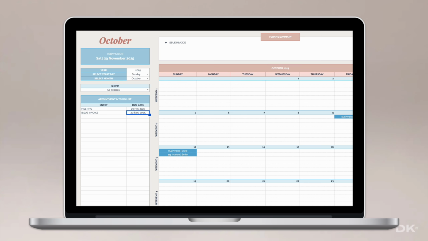Next is the calendar, a monthly planner for your invoices and tasks. Right above your calendar, you will see upcoming events, invoices, or payments for a particular day. On the left side, you'll find your navigation controls. Choose the year, start day of the week, and month, and the calendar updates automatically. You can also